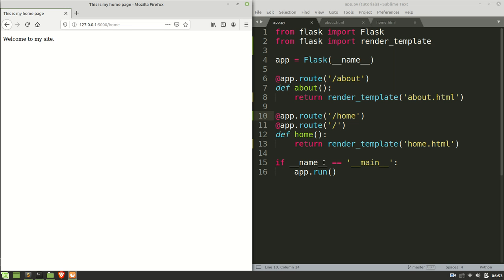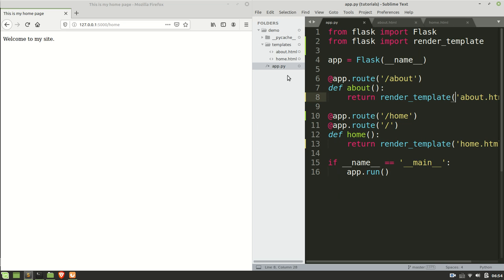Okay. All right. So just to recap, all we did here was introduce the render_template function, which allows us to load in some HTML from a templates directory. You absolutely must call this templates. It's what Flask is looking for. If you don't do that, it's not going to load it. Okay. All right. In the next video, we'll take a look at why this is called rendering the template